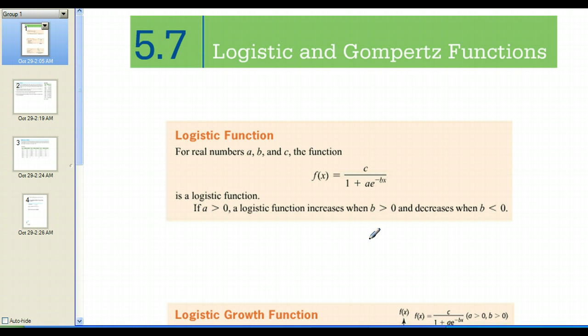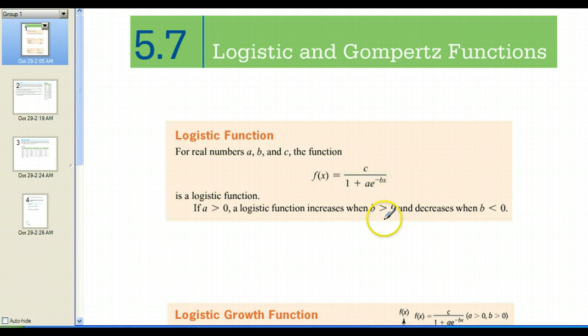Why would they not just write it the other way around? Well, they want it to increase when something's positive and decrease when something's negative. So if we didn't have that negative there, it would be backwards, and it would be increasing when something's negative and decreasing when something's positive. So just to make it do what seems natural, increase when it's positive, decrease when it's negative, we stick that negative in there in front of the B. Okay,